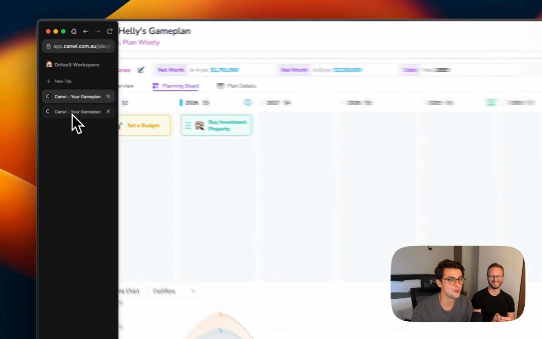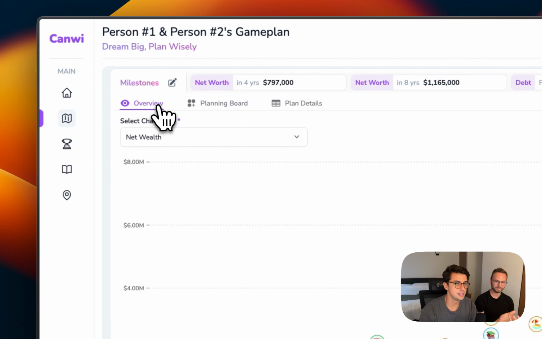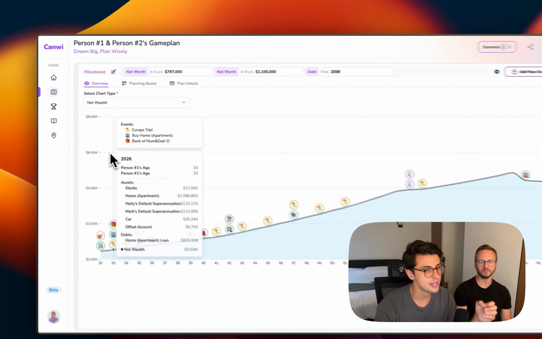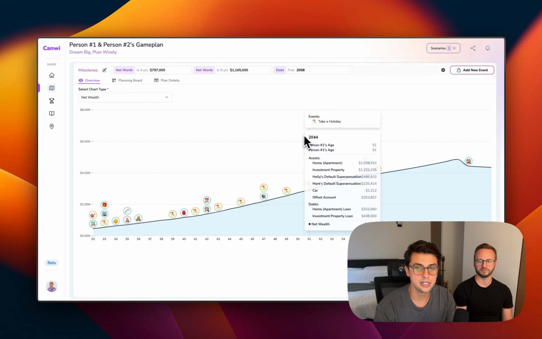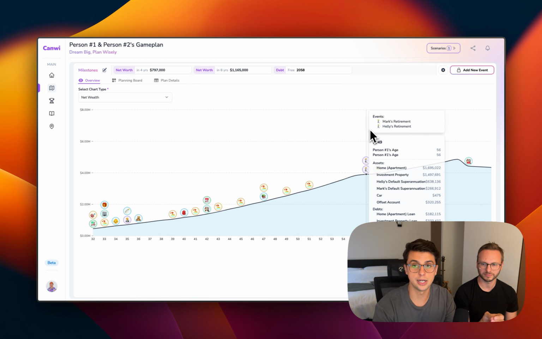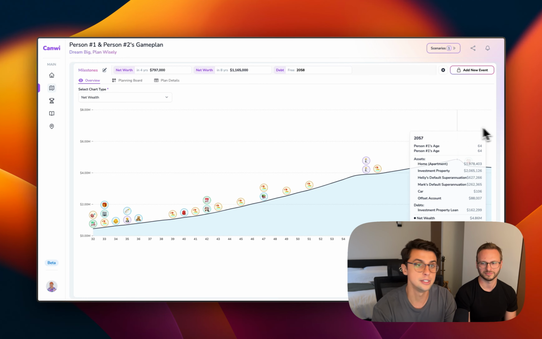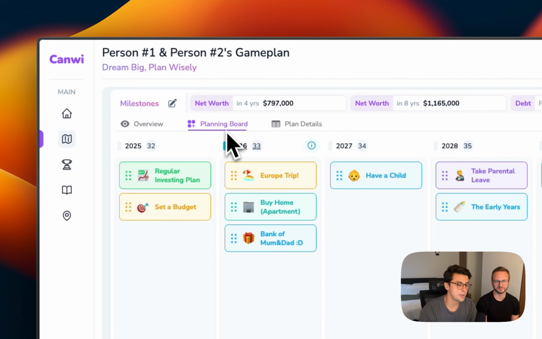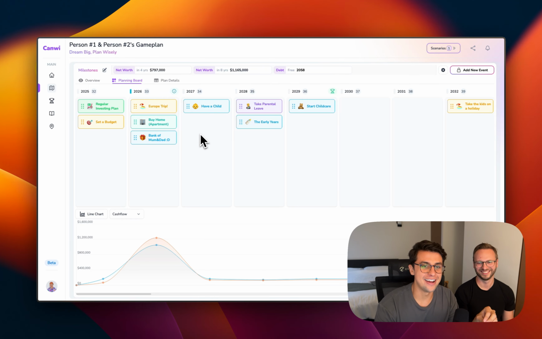But if we now move to a much more populated plan, we can see the zoomed out overview is quite good for this. We have life events going down the entirety of the plan, even to the point where we get to both Mark and Helly retiring and drawing down on their assets for the remainder of the plan. But if we come back into the board to make a bit more sense of it, we can see that there's some investing, some holidays, the purchase of a home, a gift from the bank of mum and dad, and even having a child,